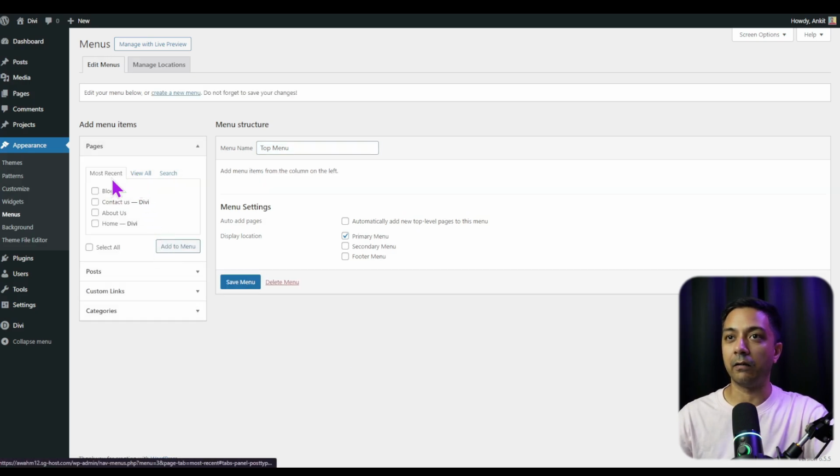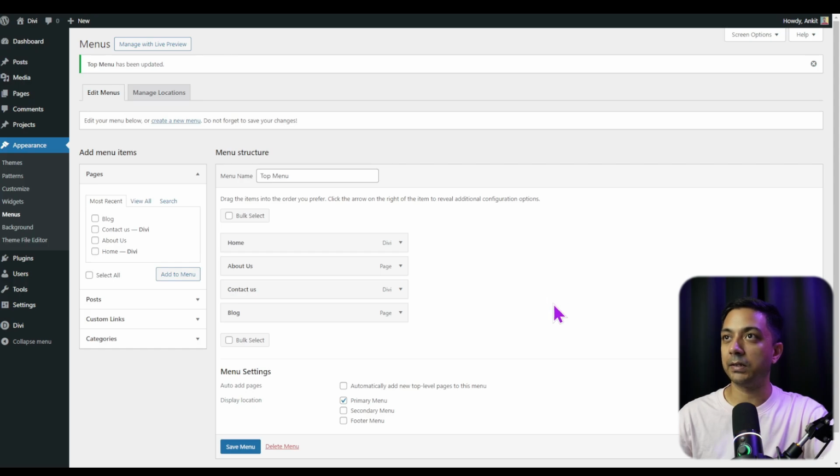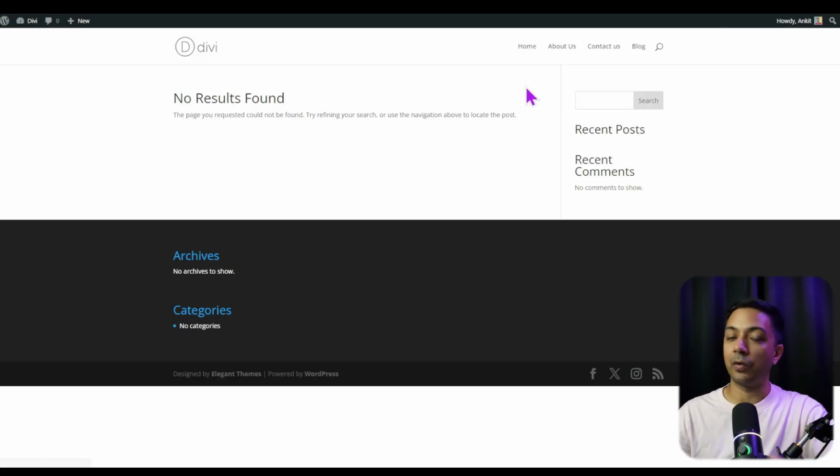And then we can add our pages here. So we click on Select All and then Add to Menu. Once again, we can rearrange the items here. So let's take Home on the top. Then comes About Us. Then comes Contact Us. And after that, we have Blog Page. Let's click on Save Menu in order to save our changes. And now if we open this website in the front end, so here we have our navigation in the website